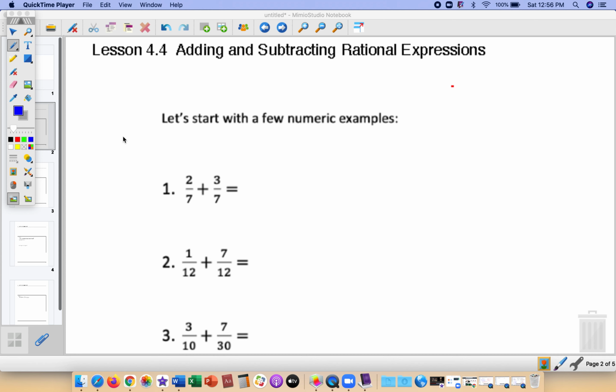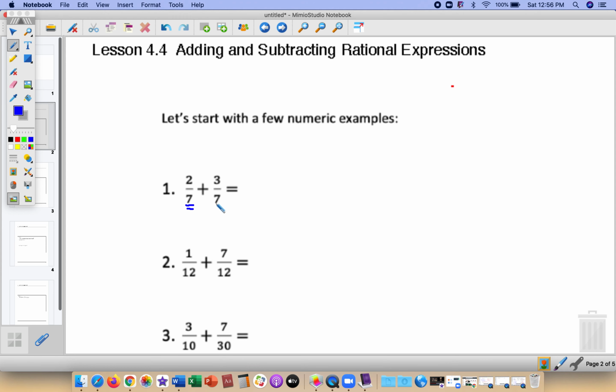Start section 4.4, adding and subtracting rational expressions. We see that for the first problem, the denominators are the same. So this is the common denominator, right? When the denominators are the same, we're allowed to add and subtract in the numerator. So we have